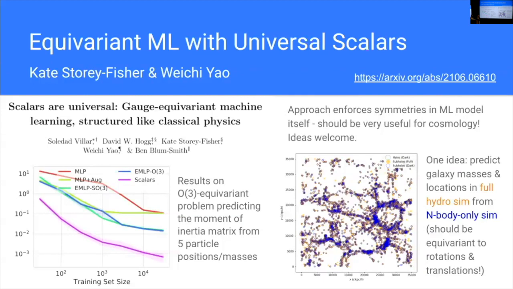Right, so locally it might not matter, but the idea would be to take in enough information so that globally you should be able to rotate your entire box. And then, if you put in that new halo position, be able to predict the new galaxy mass and position. But you're right that locally it doesn't work that way. It would be easier if we could work locally because of the size. So if you have other ideas of interesting problems that would be equivariant or invariant, that would be great.